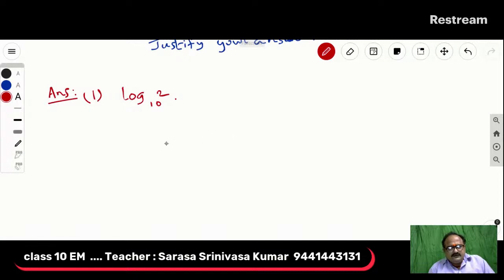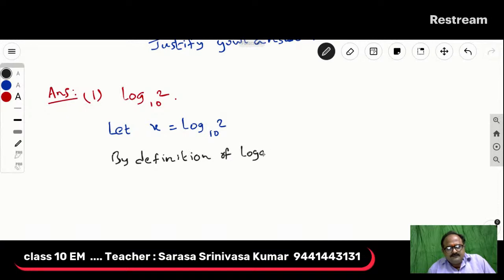Let us consider, let x equal to log 2 base 10. By definition of logarithm,